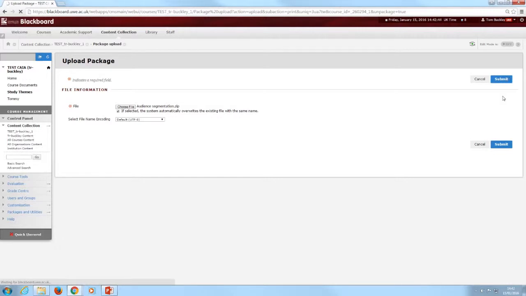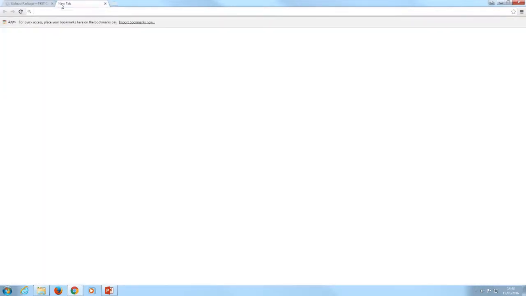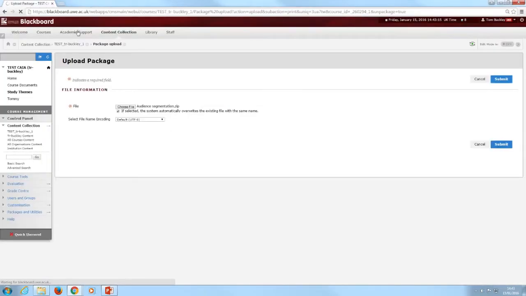Once you've clicked it, it'll take a while. You'll see in the top left hand corner this is whirring around, so something is happening, so don't be perturbed. What this is doing now is unpackaging all your stuff, and it'll give you some files which you can link to from Blackboard, and this will allow you to run those particular things from Blackboard itself. Now as that's happening, I can show you some different ways people have chosen to embed this once it's up on the content collection. So if I go to my courses,